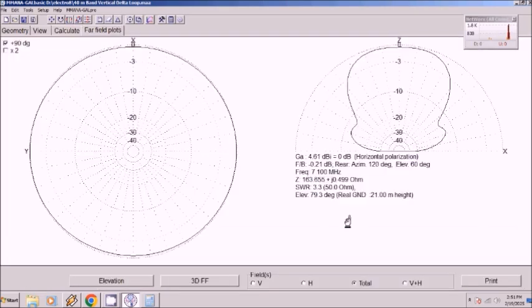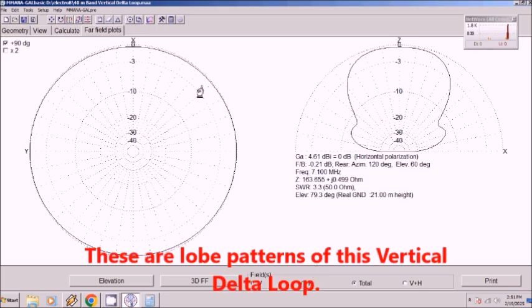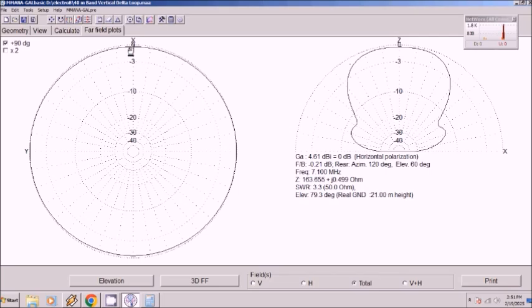Okay, this is the far field plots, or the radiation pattern of this antenna. Like this is the tower, and this is X and Z, Y axis. This is parallel to the ground. As I said before, this is going to be an omnidirectional antenna. Gain to all directions is the same, almost the same.